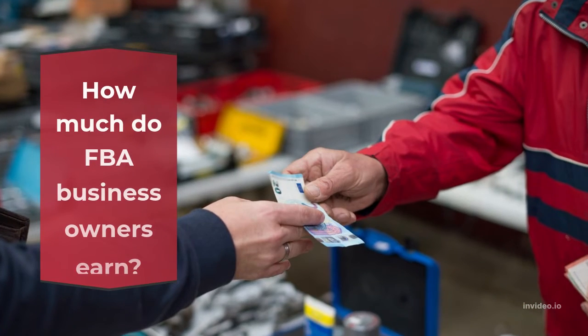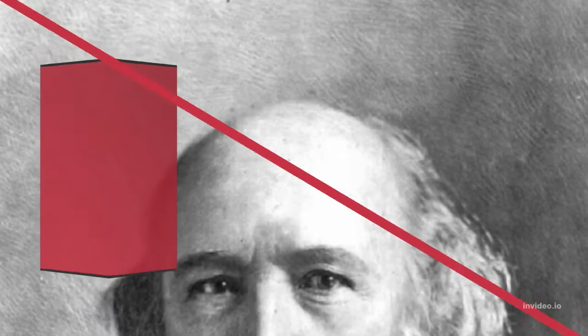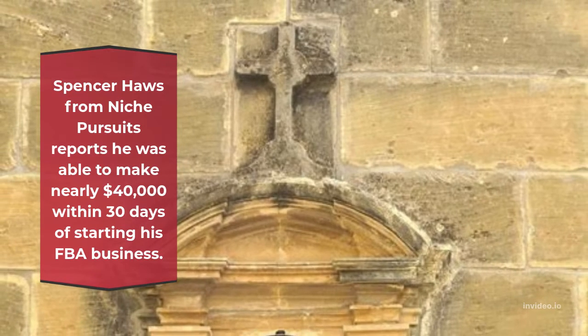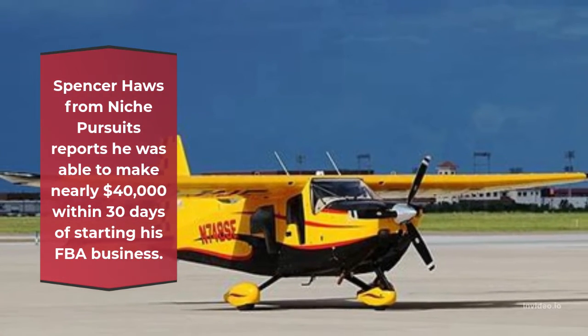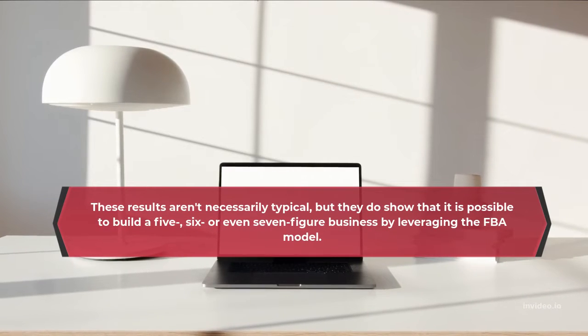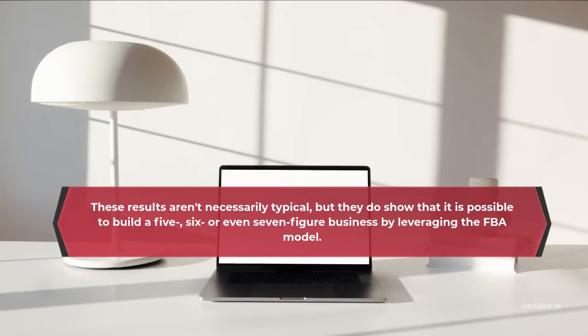How much do FBA business owners earn? What is the earning potential of an FBA business? Spencer Hawes from Niche Pursuits reports he was able to make nearly $40,000 within 30 days of starting his FBA business. These results aren't necessarily typical, but they do show that it is possible to build a 5, 6 or even 7-figure business by leveraging the